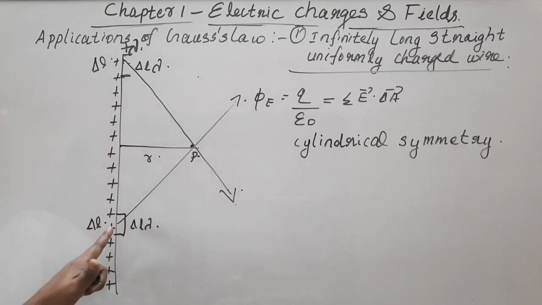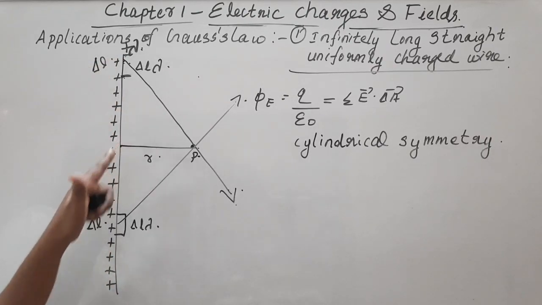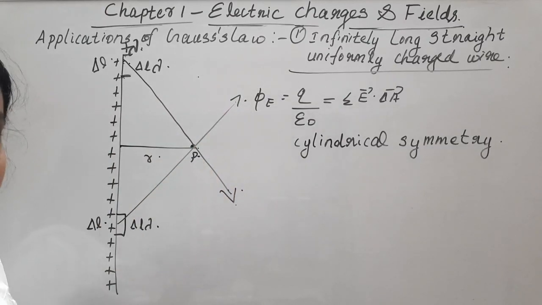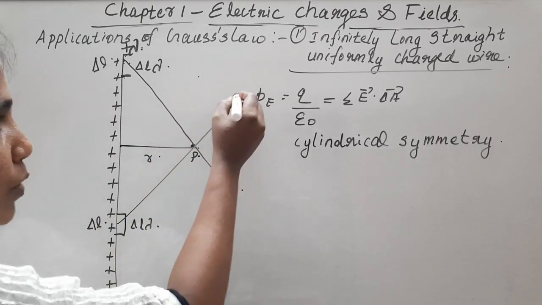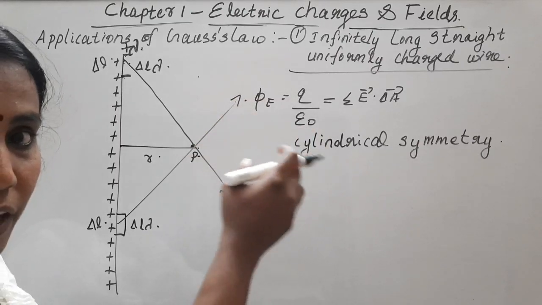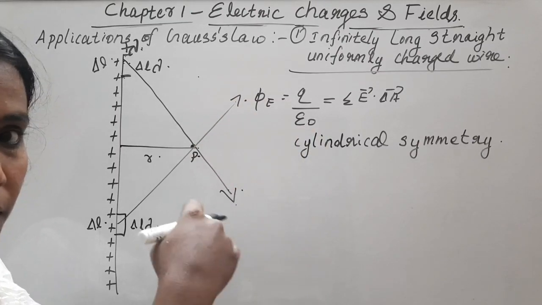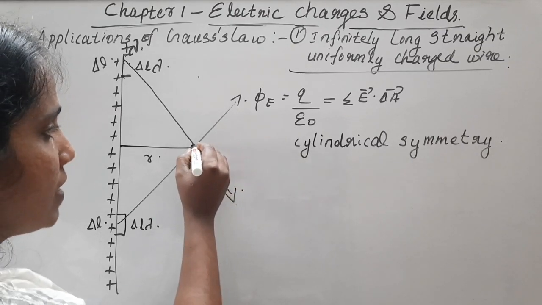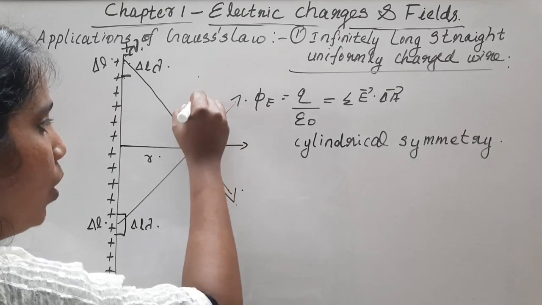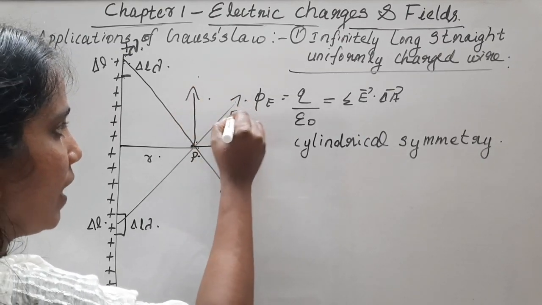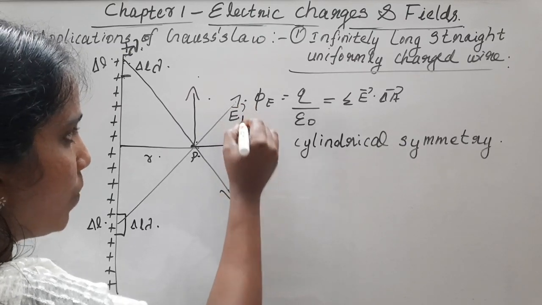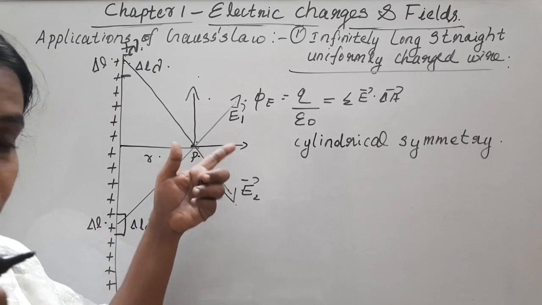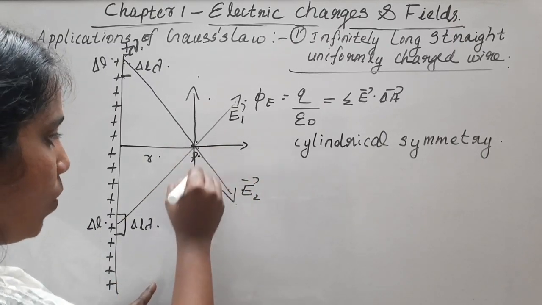So considering 2 points, we got their electric fields to be the same. We have considered symmetric points at the same distance from this line. So these two fields will have the same magnitude. And you can resolve. Because electric field is a vector quantity, to find the total electric field, you need to find the vector sum. So in finding the vector sum, you have to resolve this into two components. That is this electric field and this electric field. Suppose we call them E1 and E2. So when we resolve them, E2 will have components like this.